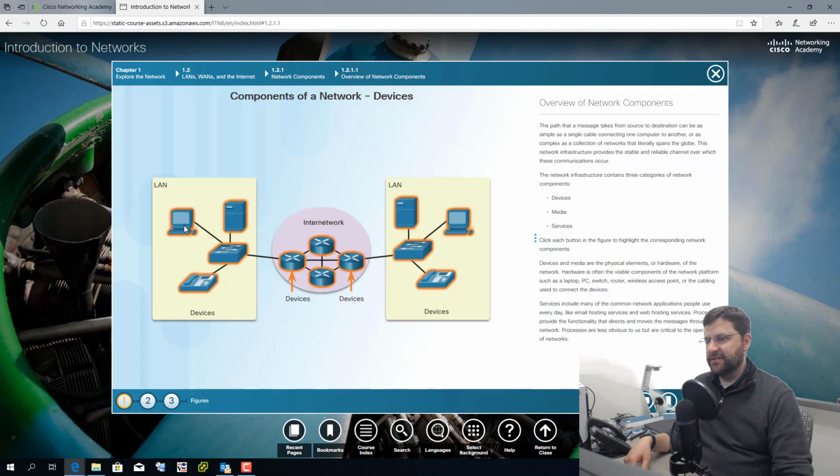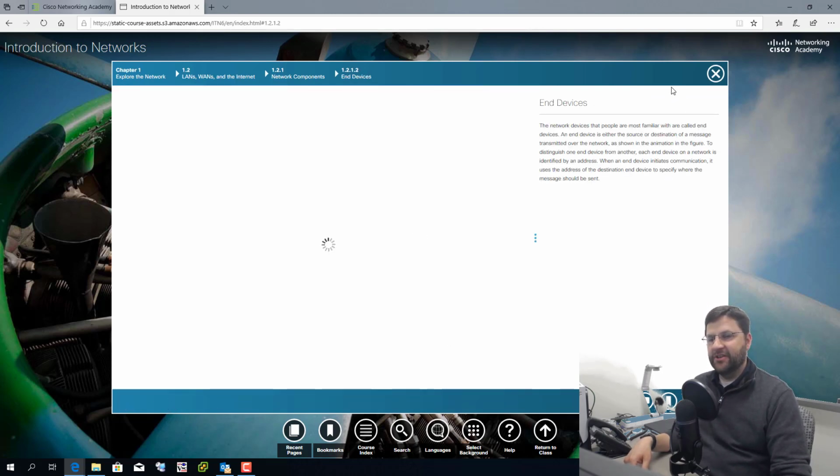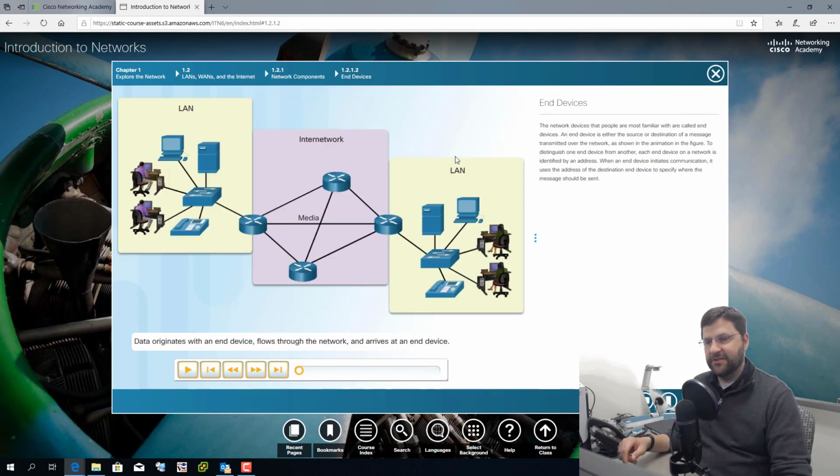So you can see some of these things are interactive. Like here, I finally got some with different numbers. So there's an image here, and an image 2 and an image 3. And so you want to make sure you click through all those. And you're going to read all this. This is the textbook in effect, right? So you don't want to just click through this stuff. You want to actually read what's on here.